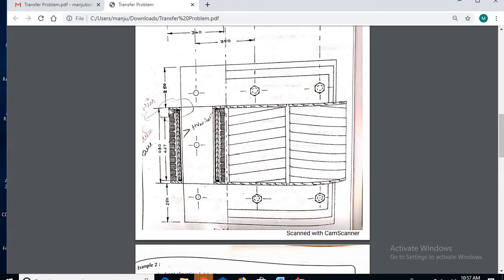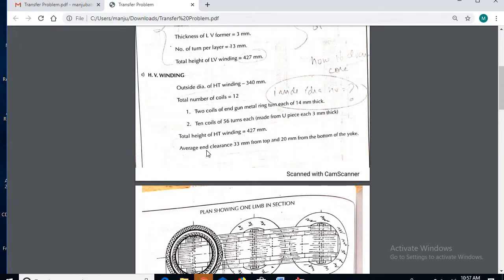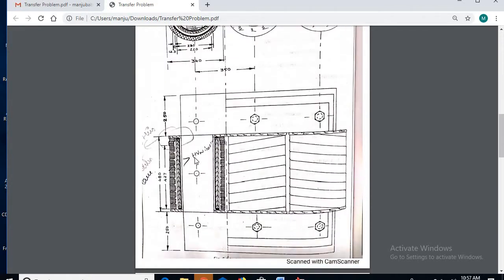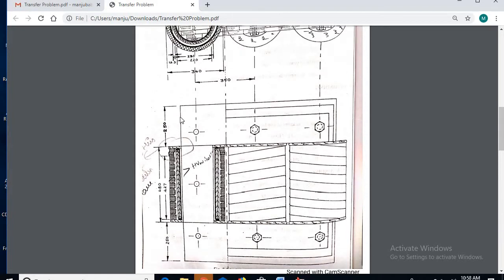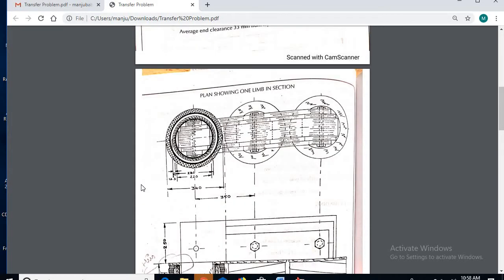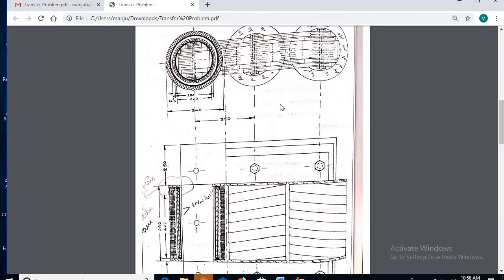Average end clearance is 33 mm from the top and 20 mm from the bottom. From here to here is the end clearance of 33 mm at the top, and 20 mm at the bottom. Next, the yoke is 250 mm. This is what we have to show in the diagram.